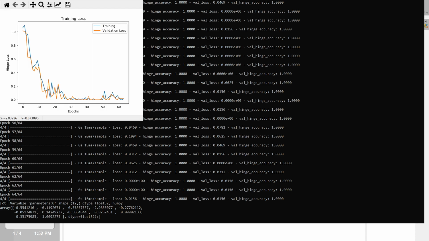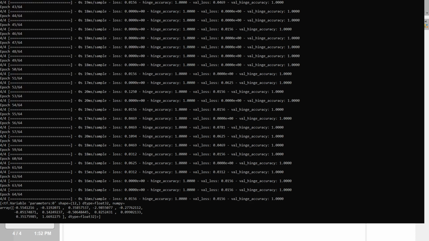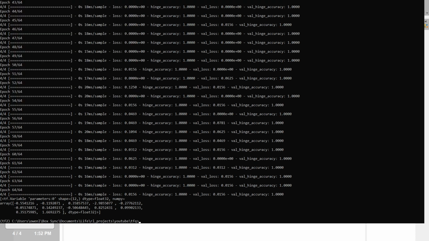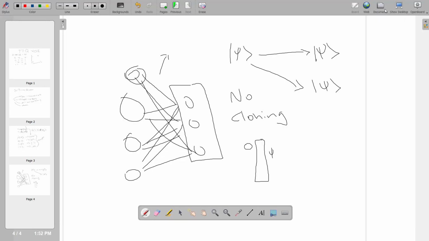So let me show this. We could see the loss drastically decreasing. And if we show accuracy, we can see it almost immediately goes to the correct accuracy. And so, yep, there we go. There's multiple ways to solve the XOR problem using quantum machine learning with classical data. And so once again, the key takeaways here are, if I go back to this drawing screen,